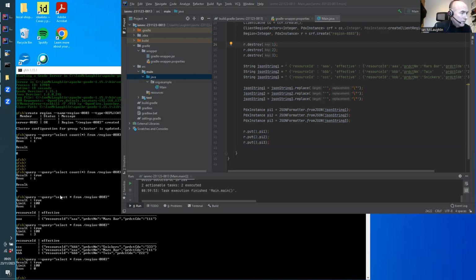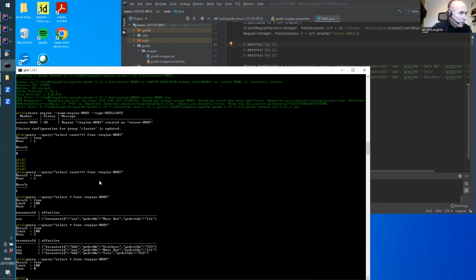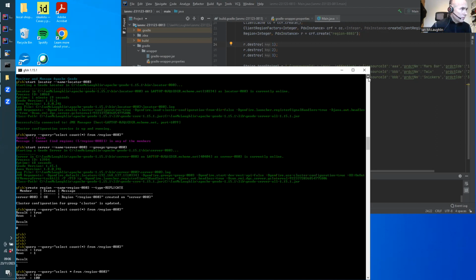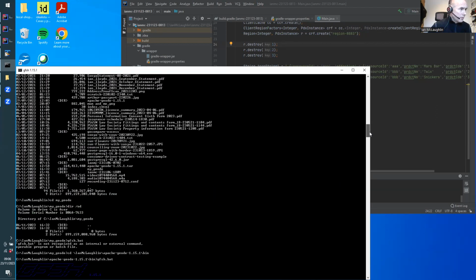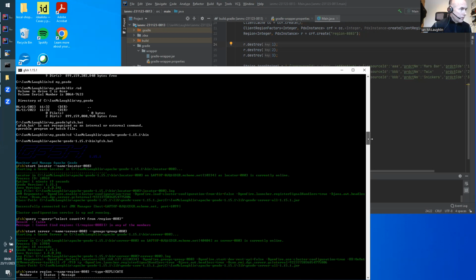It's quite easy to set up a Geode NoSQL database on your own machine. This all works on my own laptop at home. I can show you what I've set up so far. You just need to download Apache Geode